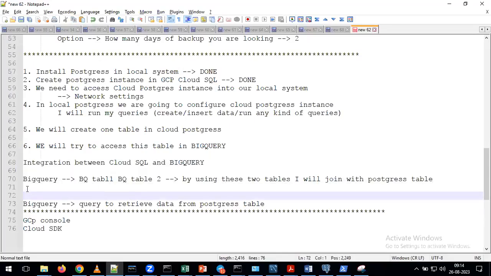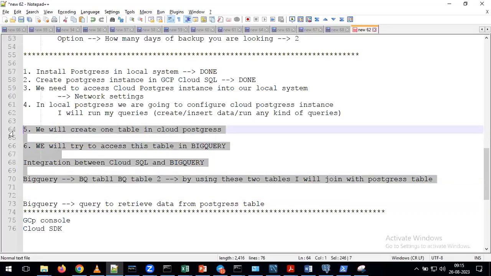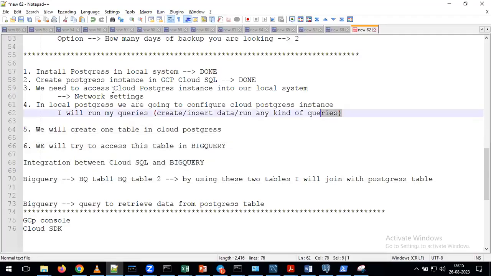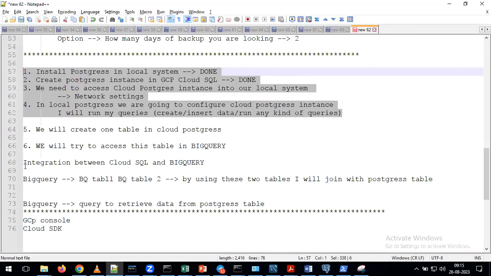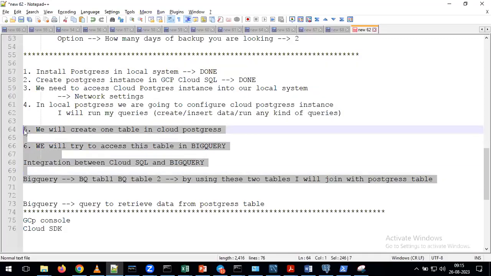Indirectly, I can say you are going to perform only these two activities in real time: creating the tables in Postgres and accessing those tables with the help of BigQuery. Only these two activities we are going to perform in real time. If you want, I can just show everything for these two steps in my system, and we can go to the next topic, Andy. But with that, we cannot get any practical knowledge. For that reason, we are performing these 4 steps also. With that, you can understand what activities we are going to perform in our real-time projects.